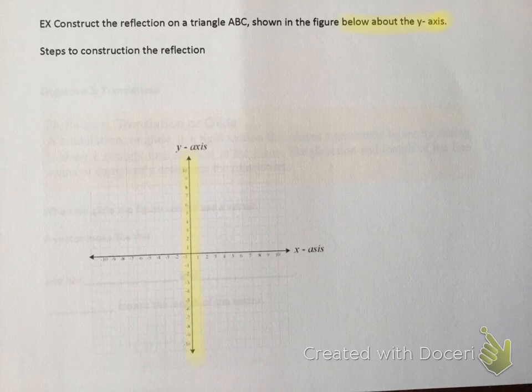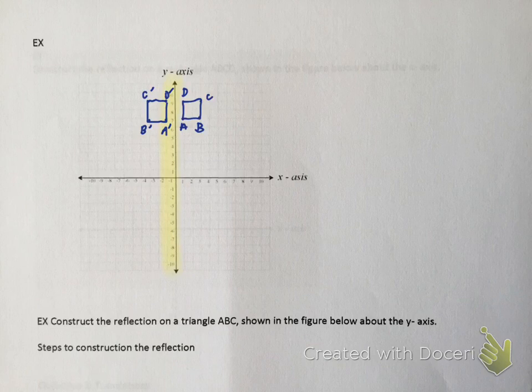Okay, we don't have a figure here because I didn't draw it in initially, so I want to draw this in really quickly. So the original figure is going to be a triangle, and the triangle is going to have special coordinate points. So let me be very careful when I draw this. So here's my original figure. This is ABC, so it's triangle ABC. So the original triangle